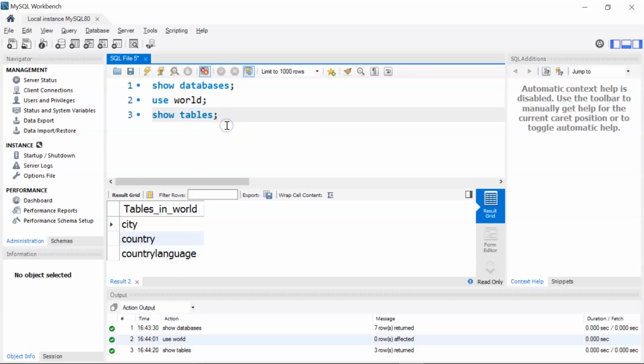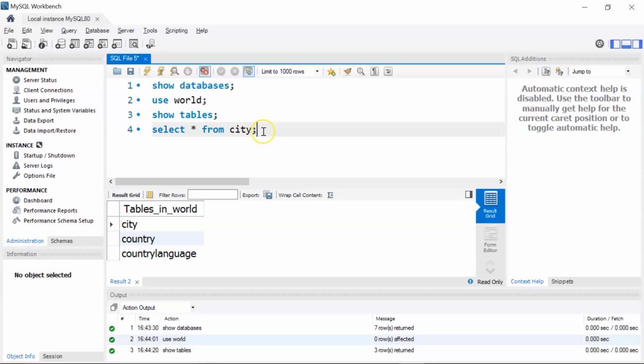Now if you want to see the rows that are present in one of the tables, you can use the select command. So I'll write select star, which basically means I want to display all the columns. Then I'll write from and the table name, that is city.